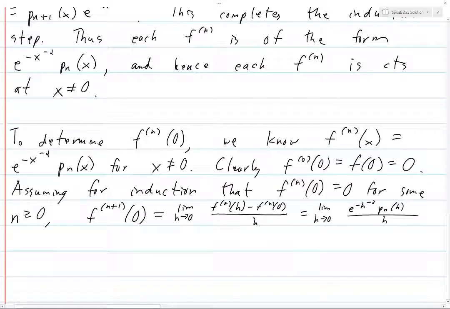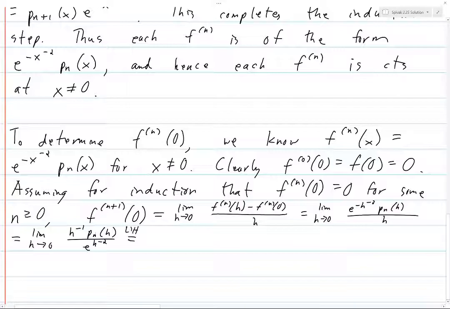What else do we have? Okay, so now what we do is we're going to want to use L'Hopital. And so we put all the rational polynomial stuff on the top, and we put the exponential thing on the bottom, e to the h to the minus 2. So now we use L'Hopital, and this is going to become, okay, so we have to take the limit as